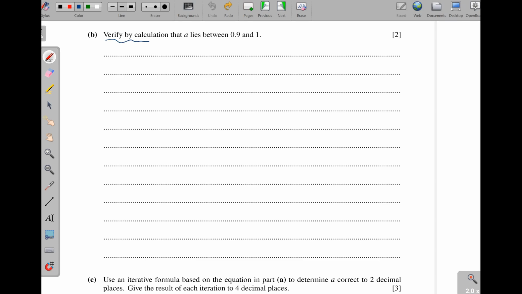Then part B, verify by calculation that a lies between 0.9 and 1. I have always used this kind of illustration: maybe this is the graph, and this is our x-axis. Where this graph meets the x-axis, that is what we call the root, okay? Then there is an x-coordinate on the left of the root and also an x-coordinate on the right of the root. Now, when you look at this x-coordinate, it will give us a corresponding y-coordinate, which is going to be